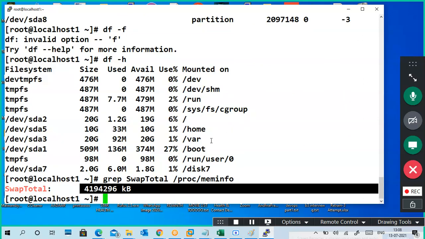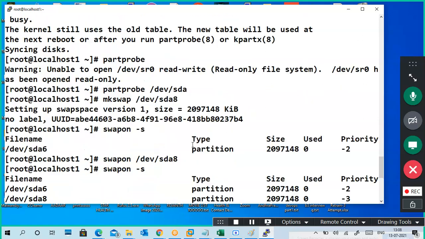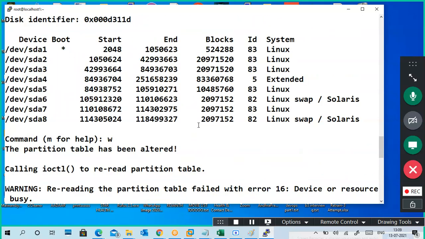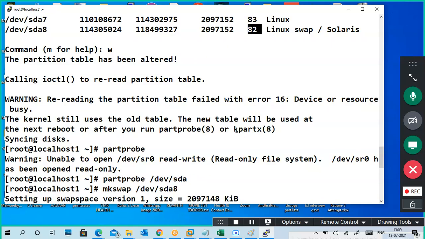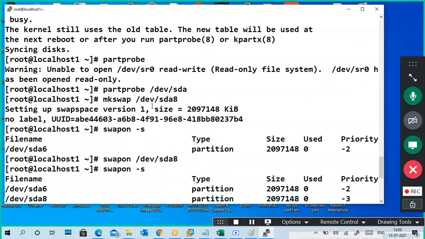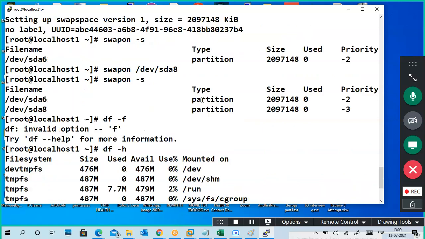Okay. Guys, do you understand swap? Normally I created a partition, but only here I changed the ID from Linux to 82, Linux swap. Then I saved it. So it is a Linux partition, but we have to create a swap file system. So I used the command mkswap /dev/sda8.